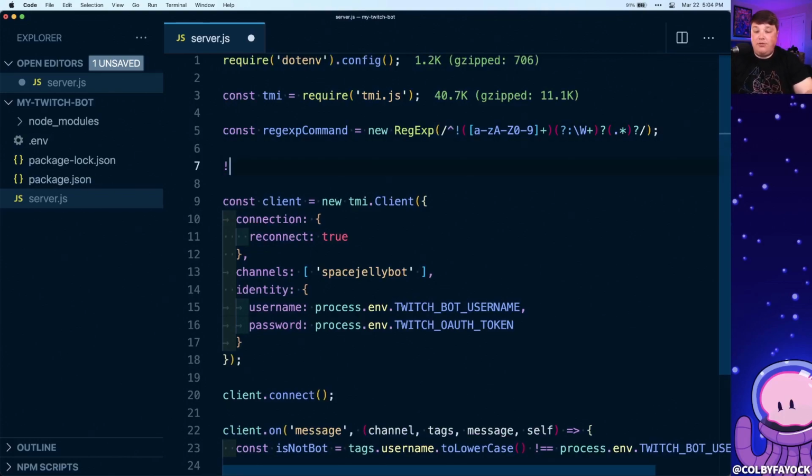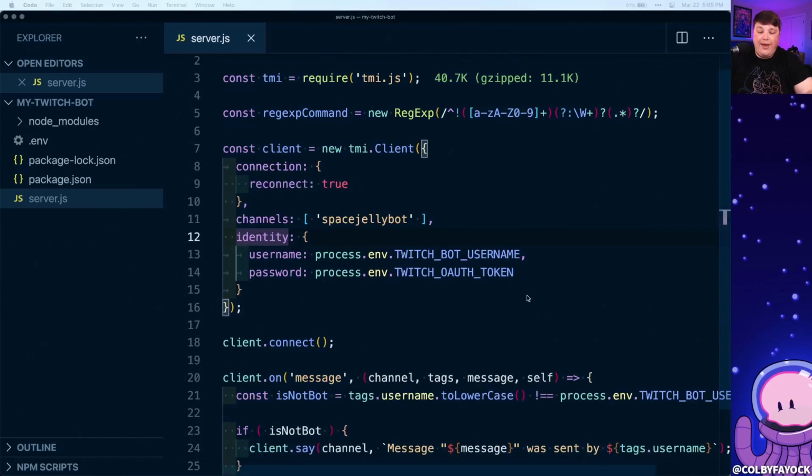So we have the start of our string with our exclamation point. We next are going to create a capturing group where inside of that capturing group, we're going to say that can be any alphanumeric value, and it could be one or more of those, such as command. Next we optionally have a non-capturing group with the question mark colon, where we're going to say that this can be any white space, or if we push a space here, that can be that value. And then finally, optionally, we want to be able to accept any value at the end, where that can be anything such as an argument, such as my argument, which is then what we can use to provide dynamic